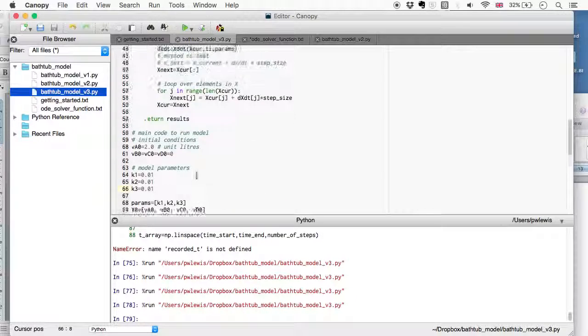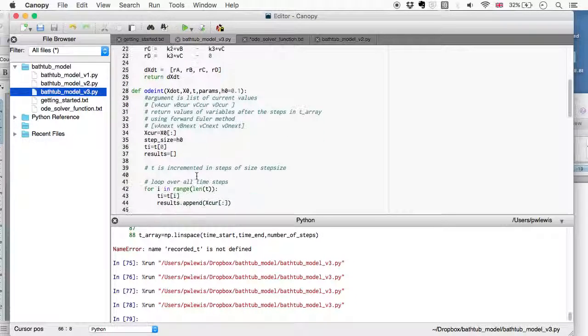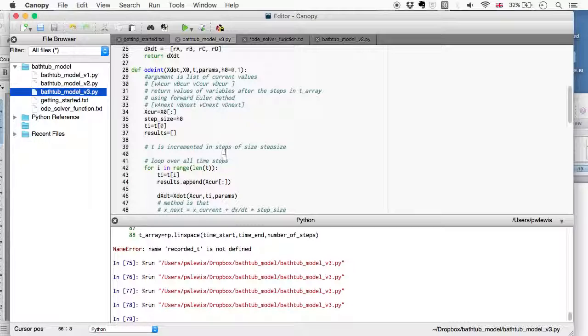Right, so I've now got myself into a form where my ODE integrator here is the same form as the one that is included. So I say p.odeint